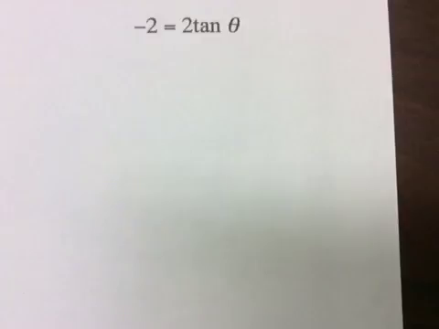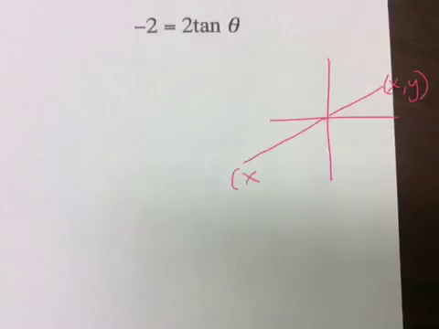All right, tangent. Tangent's a little bit different. If you think about the unit circle and the angles around the unit circle, if I draw an angle right here, the x and y coordinate is going to be the same absolute value as the x and y coordinate over here, but the signs are going to be different. In this case, both signs would be negative, whereas in the first quadrant they were both positive. Now remember that tangent is sine over cosine,